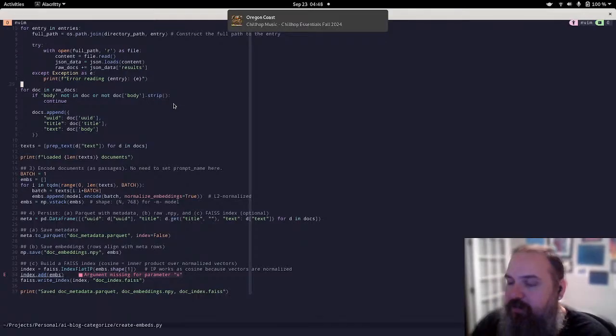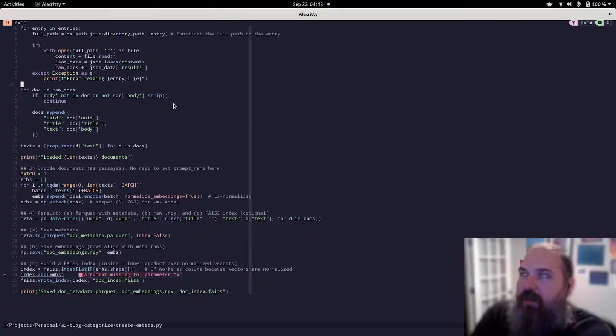However, I did notice as part of this work that one of the problems that we ran into is that inside the text that it extracted,